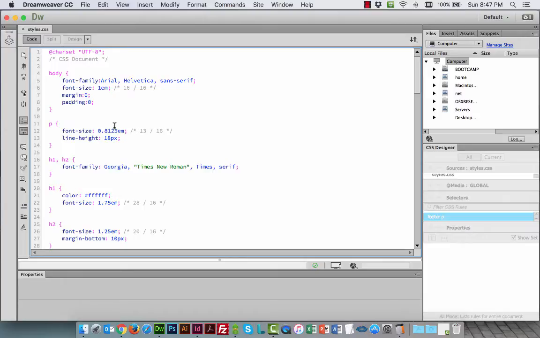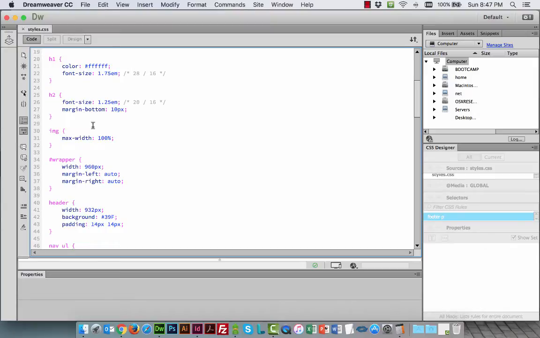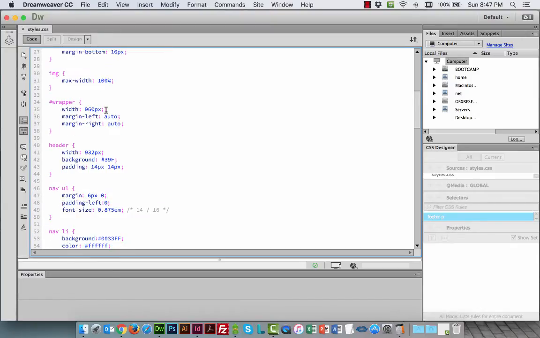So we're going to go scrolling through. We don't have any widths here. Okay, here's our first width. All right, this one is a little strange because this is the wrapper of our site. And we don't know the actual size of our browser window that somebody is going to be on. So according to Ethan Marcotte, this part is kind of arbitrary. Usually between 80 and 90% is going to be good because